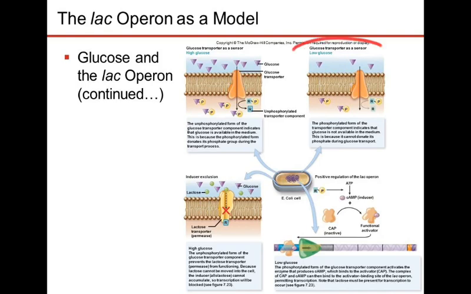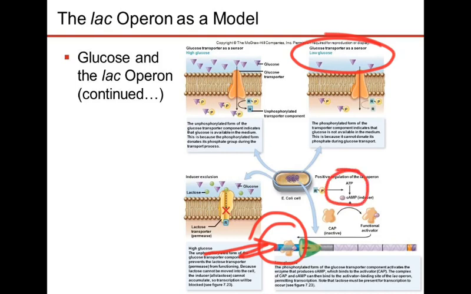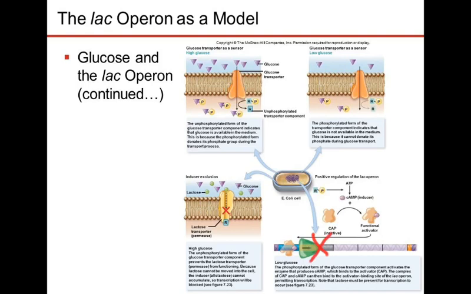When we shift over to this scenario, if there's less glucose, then we begin to see some other things happening inside of the cell. This is what we just talked about with the CAP activator protein right here, and what's going on with ATP and cyclic AMP over here. If cyclic AMP is high, then you'll begin to get the activator protein bound by cyclic AMP. It'll jump over here and bind over here, and then transcription will happen on this gene. But it can go backward, and if cyclic AMP becomes low, then that whole system is not going to work, and you won't get any transcription there because this CAP protein won't bind. Okay. All right, good deal.